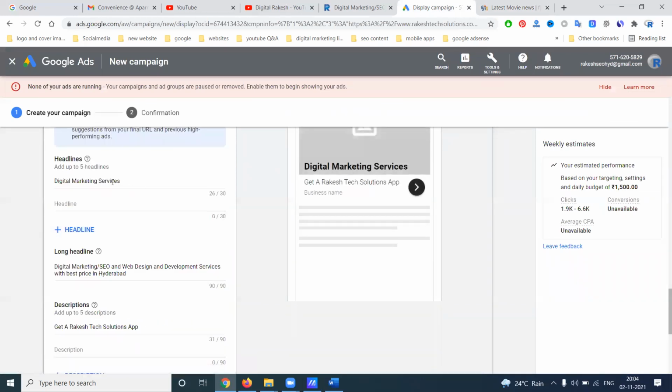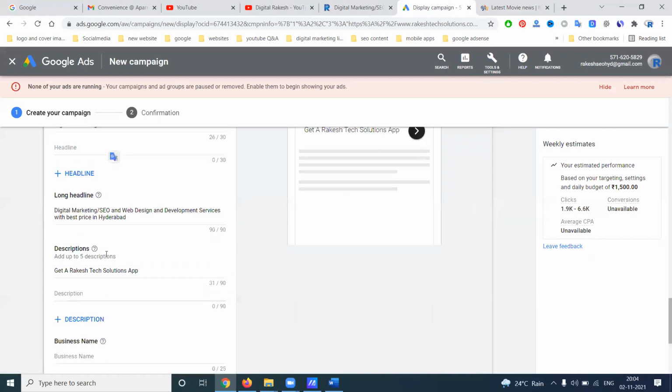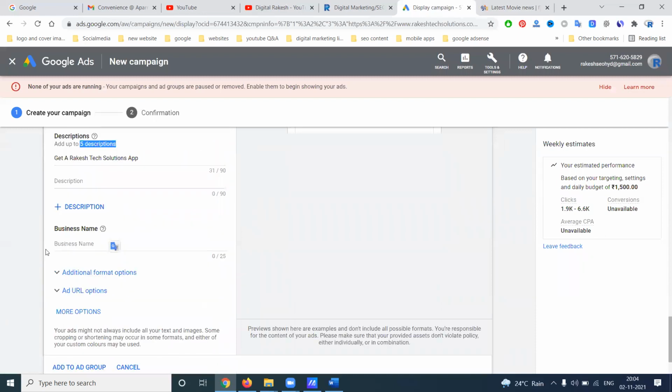Here we have the headlines. We can use 5 headlines and 5 descriptions. The display shows your business name. What is your business name? You can mention it.